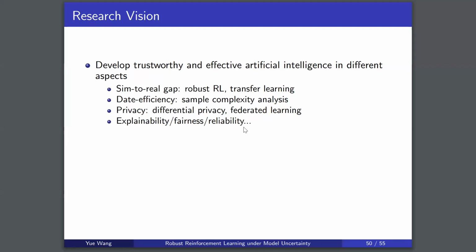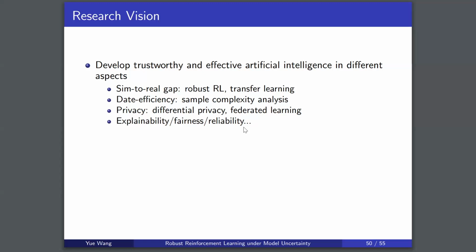And of course, one of the biggest concerns nowadays when using AI is privacy. It seems that our privacy is leaking every day when we use a computer or search online. So it is of great importance for us to develop AI systems with better privacy protection, because we don't want other users to know information about ourselves. In this aspect, I will mainly focus on differential privacy, which is related to federated learning or distributed learning. I aim to develop a distributed AI system with better privacy protection.